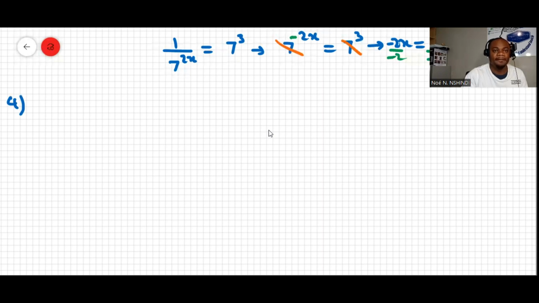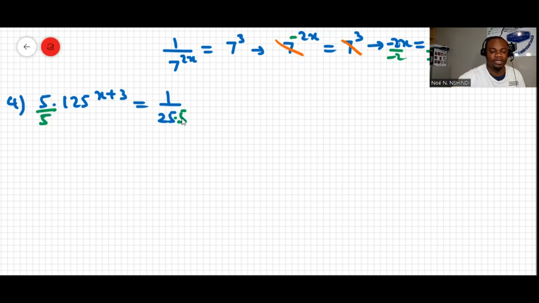Question 4 will be 5 multiplied by 125 to the x plus 3 equal to 1 over 25. So we can divide by 5, okay? We divide by 5, and then dividing by 5 is like times by 5 at the denominator. It's the same thing, okay? Dividing by 5 both sides. Here in the fraction, it's like times by 5 at the denominator. This will be like 125 to the x plus 3 equal to 1 over